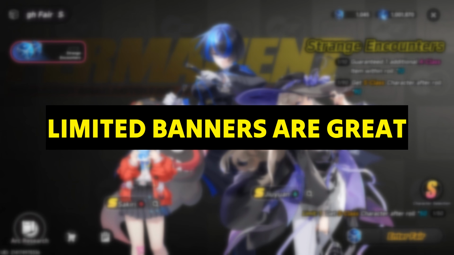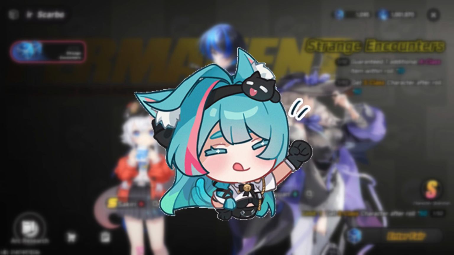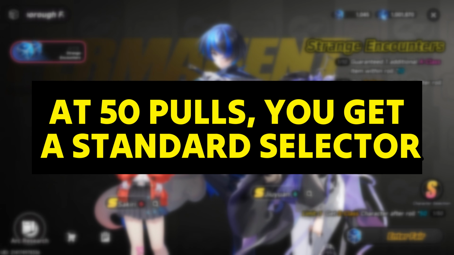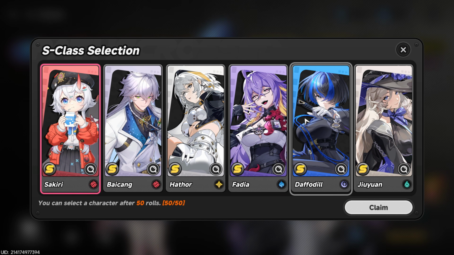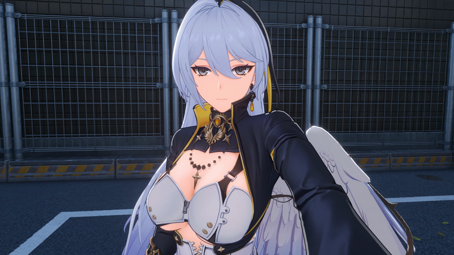Alright, so the limited banners are great and the weapons are fair. But what about the standard banner? Because this is where most players start. The standard banner works very similarly to the limited one, but there's one key feature. At 50 pulls, you get a standard selector, which means you can directly choose a character instead of relying on luck, and this is huge for beginners, because instead of rerolling endlessly, you can just play the game and guarantee